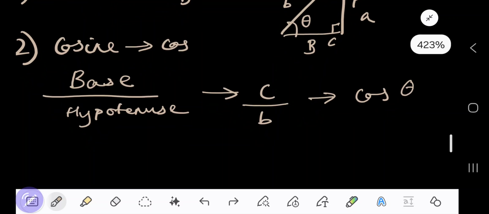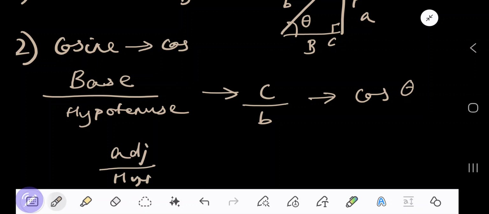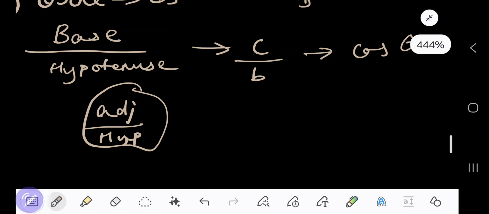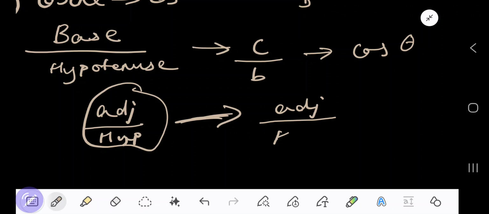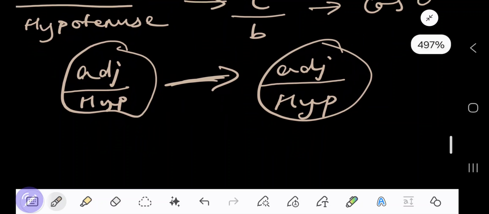Alright, we can also call it adjacent by hypotenuse. That's actually easier to remember. Hypotenuse always remains the same, which is the longest side, so cosine is also adjacent by hypotenuse. Okay,